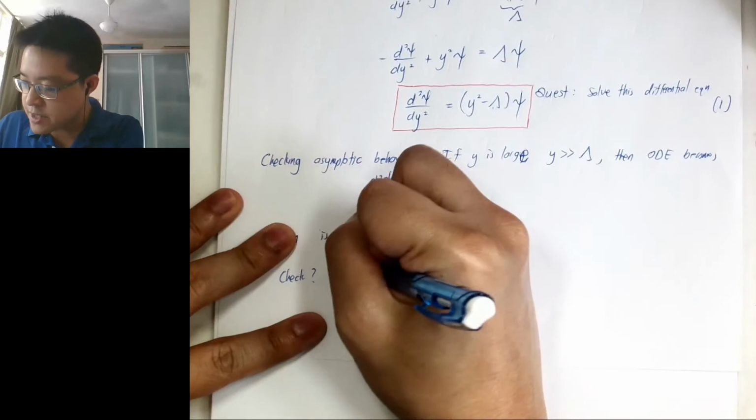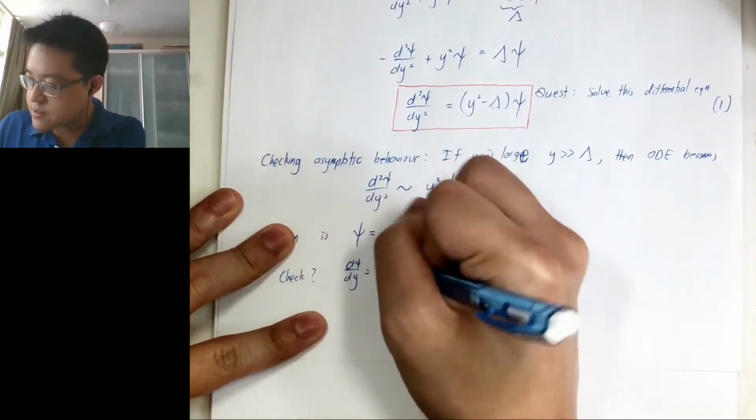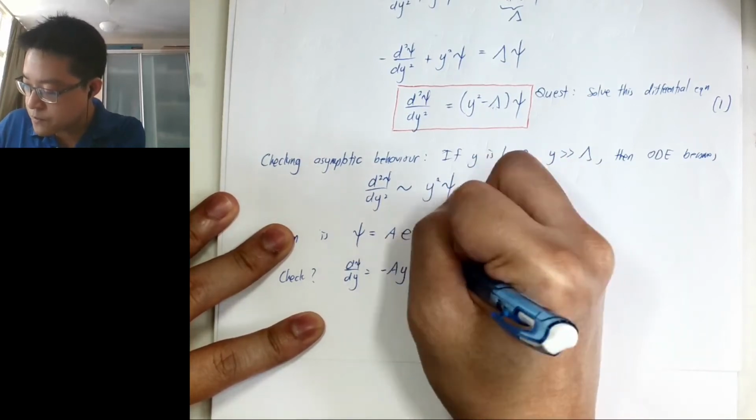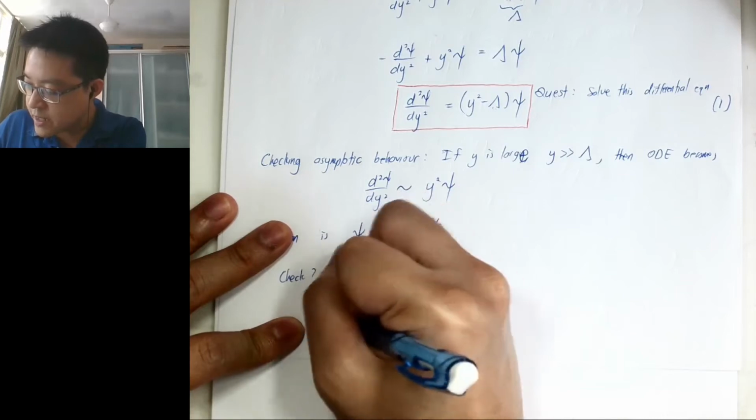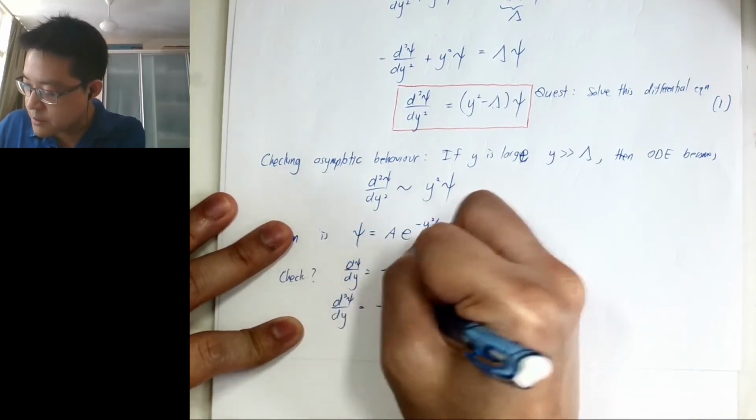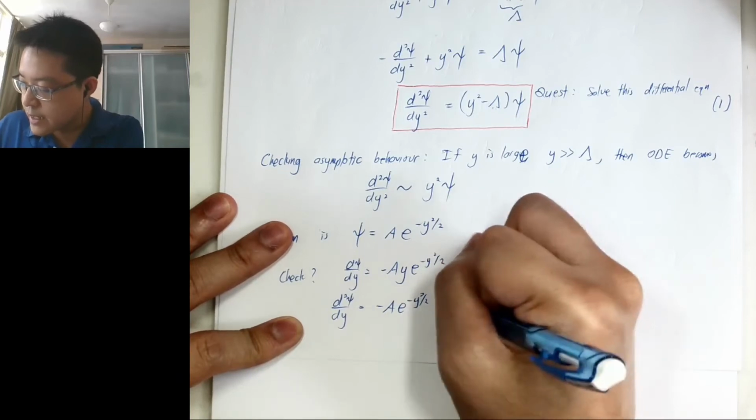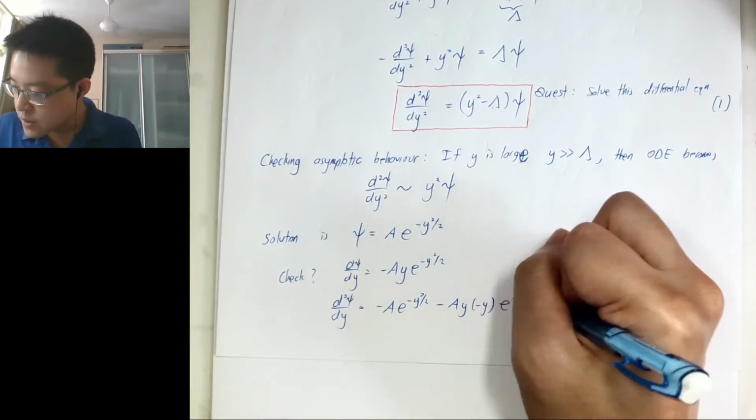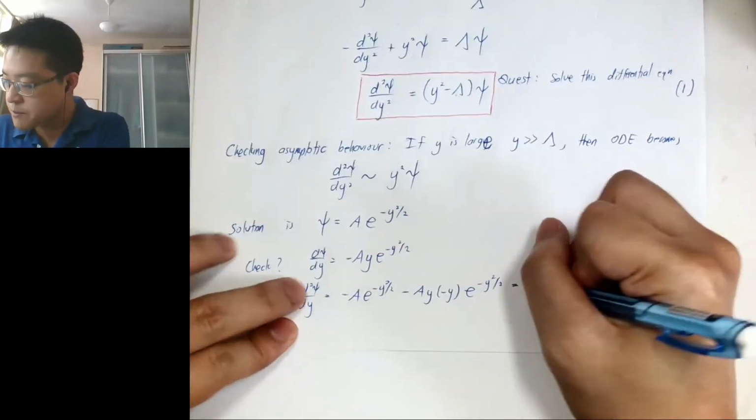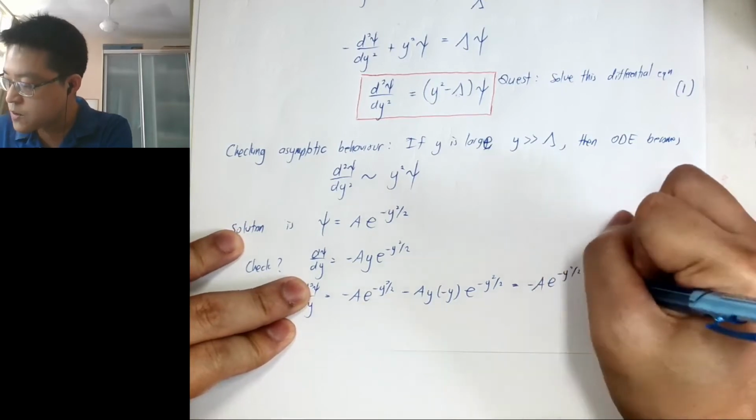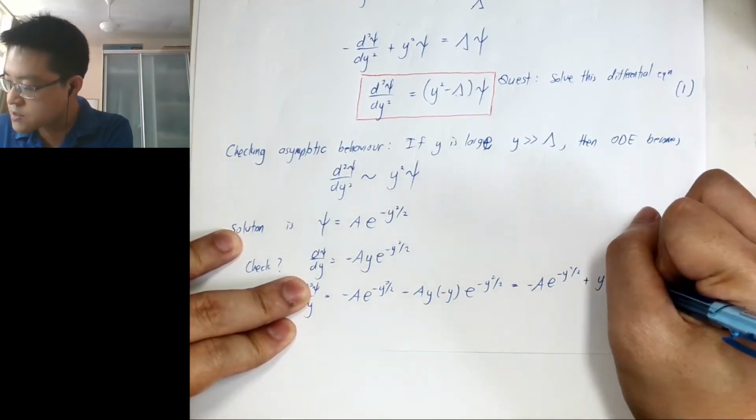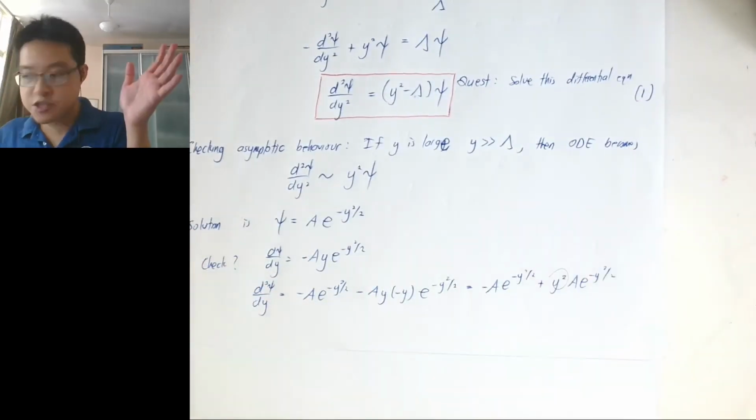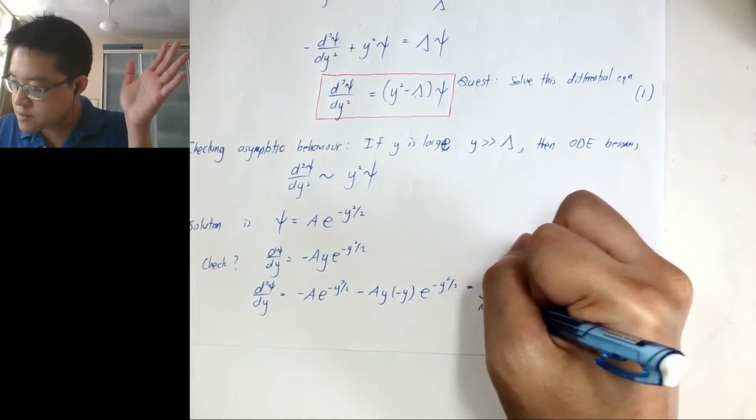So if I differentiate this once, a negative y will come down, right? So if I differentiate this again, this becomes negative a e to the minus y squared over 2, and then another negative y comes down again. So this is going to be minus a e to the minus y squared over 2 plus y squared a e to the minus y squared over 2. Okay, so y is large, so the first term is going to be negligible,